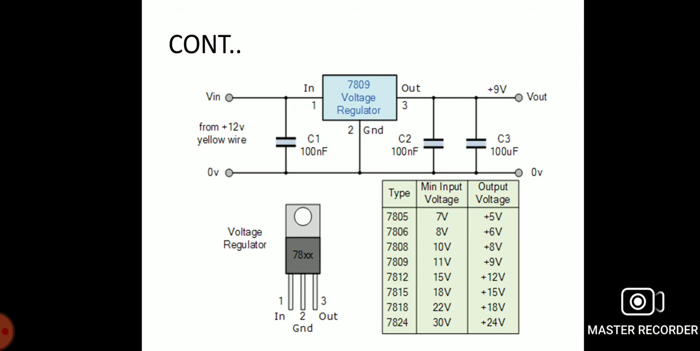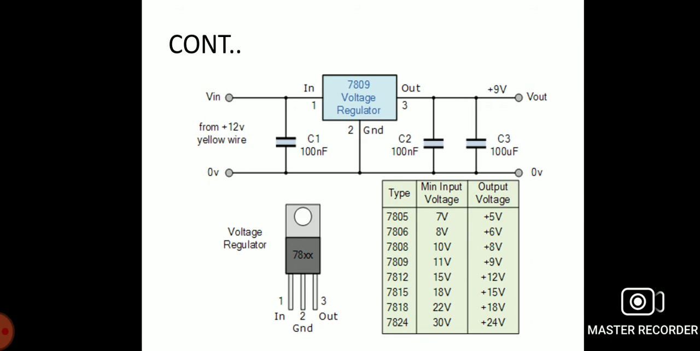So the various categories of type of 78XX, the LM78XX series. For example, 7805, the minimum input voltage is 7 volt and output voltage is plus 5 volt, and 7806 is an 8 volt minimum input voltage, output voltage is plus 6 volt, and 7808 is a 10 volt minimum input voltage, output is plus 8 volt, and 7809 is 11 volt and output is plus 9 volt, and